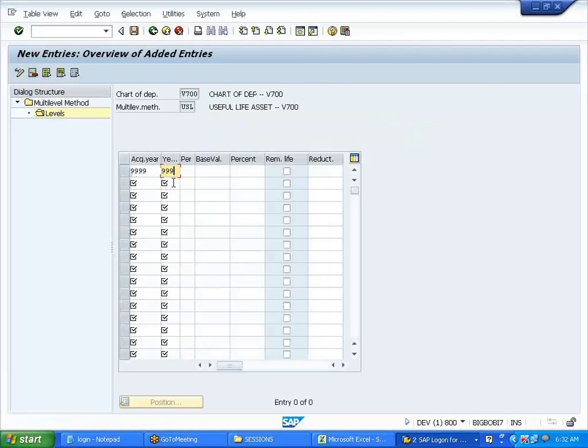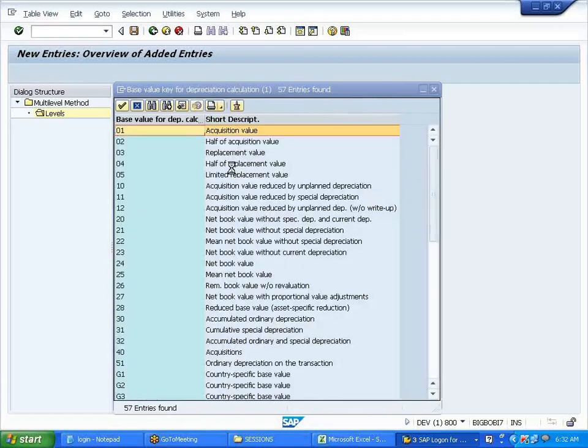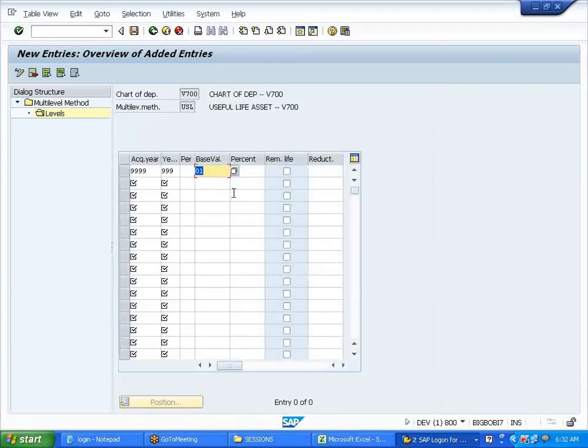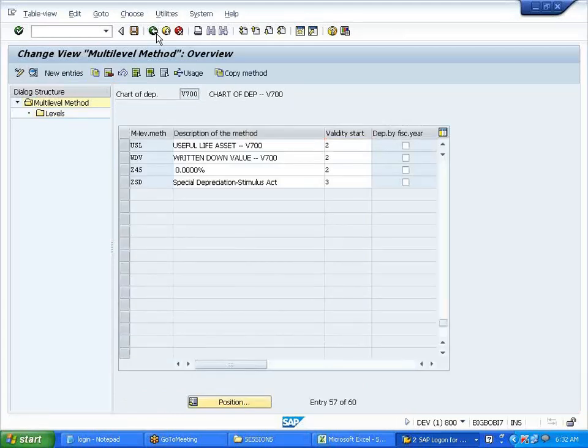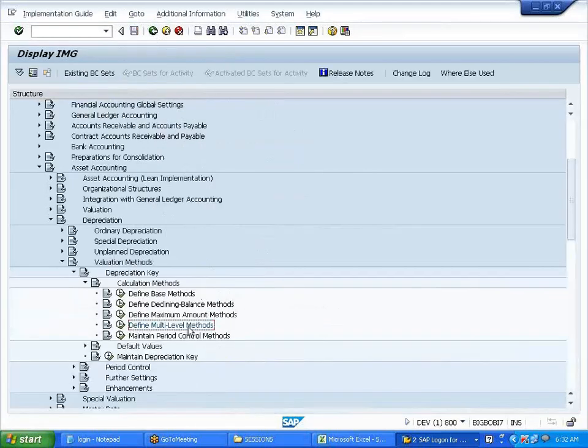What should be my base value for useful life? Acquisition only, right? Correct. Should I maintain a percentage? No, because it's divided by the useful life years. So you don't enter anything, just save it. So we have maintained 3 multi-level methods.